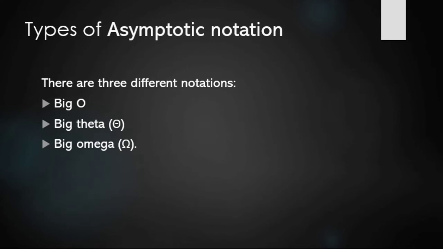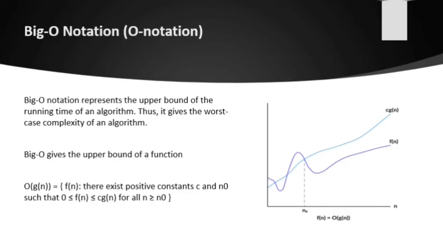Now types of asymptotic notation. There are three types of asymptotic notation: big O, big theta and big omega. Now first we discuss big O notation. The big O notation describes the worst case running time of a program. We compute the big O of an algorithm by counting how many iterations it takes in the worst case scenario with an input of n. We typically consider the big O because we must always plan for the worst condition.